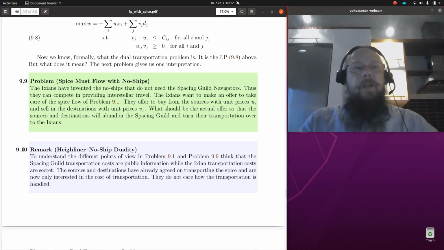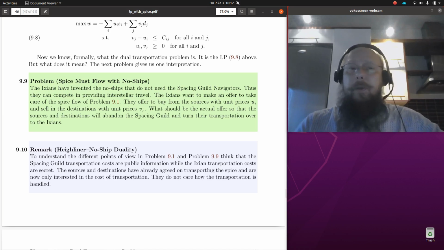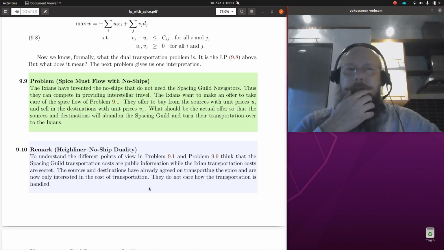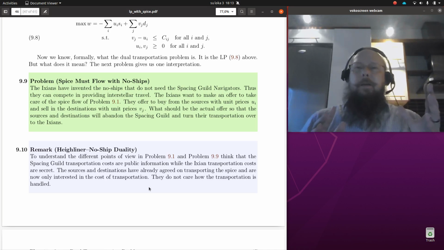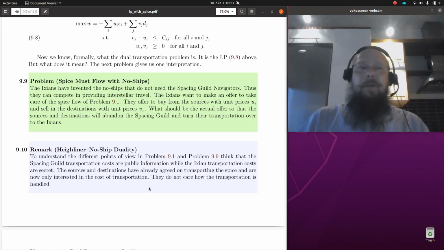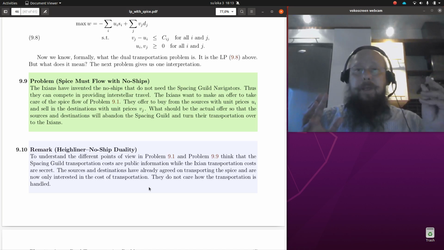And maybe this 9.10 remark, highliner, no ship duality, is in order. So this has to be understood. One way to understand the duality, of course, this is just an imaginary story. But what's important here is that in some sense the spacing guild transportation schedule, so costs of transportation, they are public information. Everybody knows what it is, and the sources and destinations have already agreed that the spice from here goes there,